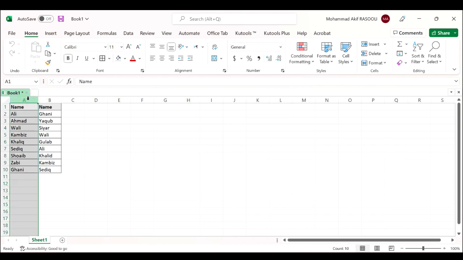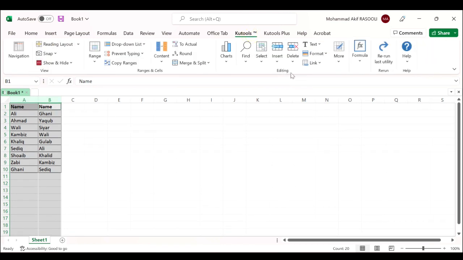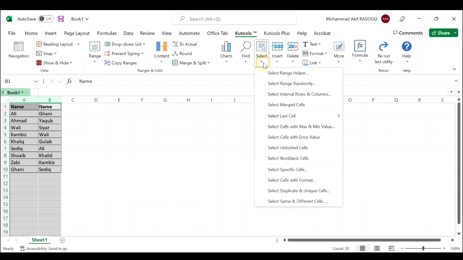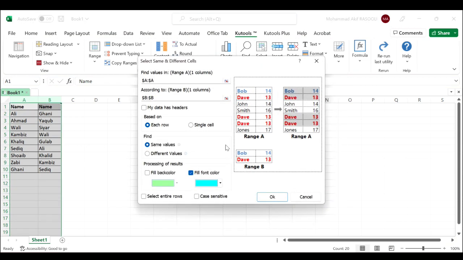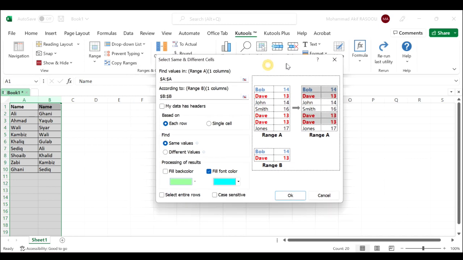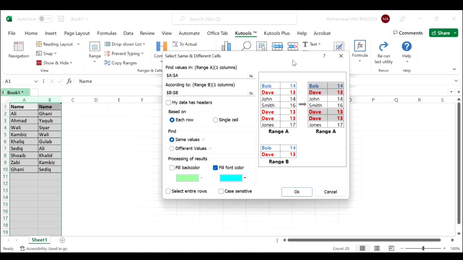Select the first column, hold the Ctrl key and select the second column. Click the Kutools tab. In the Editing group, click the Select drop-down list and choose Select Same and Different Cells. In the Select Same and Different Cells dialog box, check My data has headers if you don't want the headers to be compared, and then select Each row under the Based on section and Same Values under the Find section,